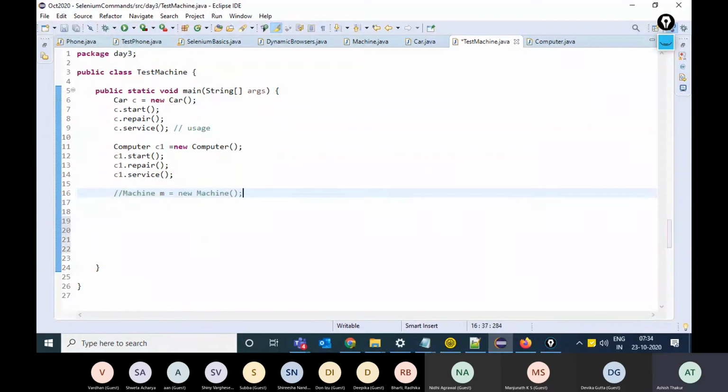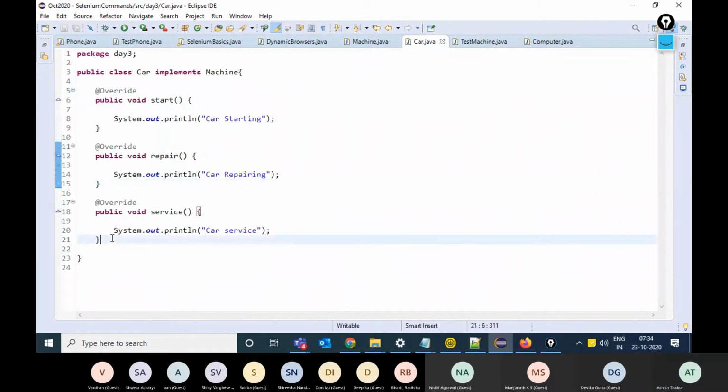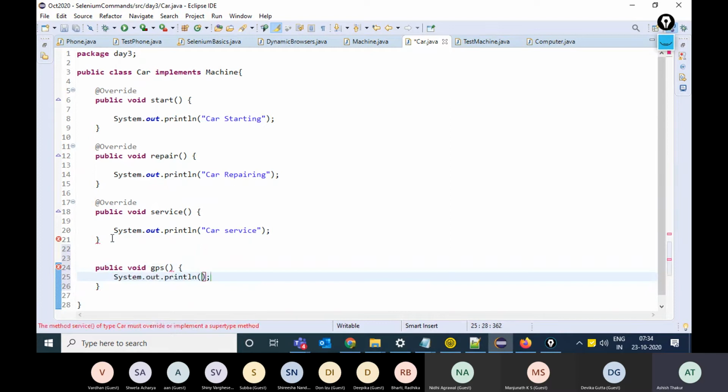Now I'm going to create the object of the car class in a little different way. Please understand this carefully. It's very simple. Just concentrate. Suppose there is a function which is proprietary to the car class, suppose GPS.